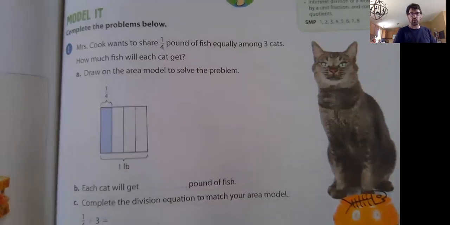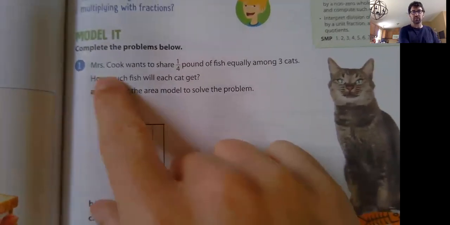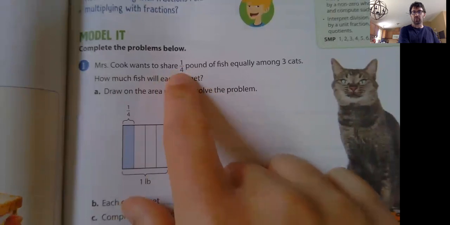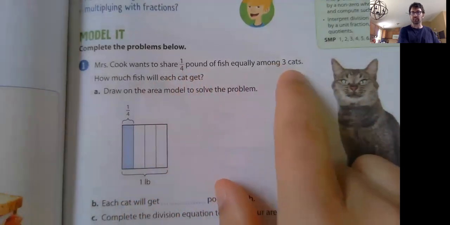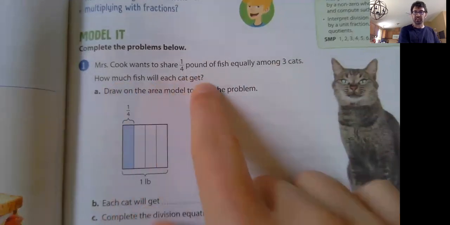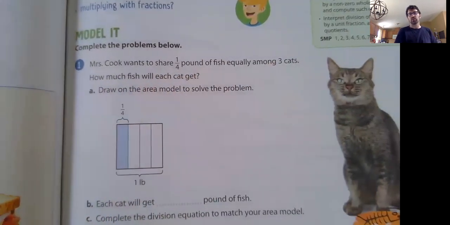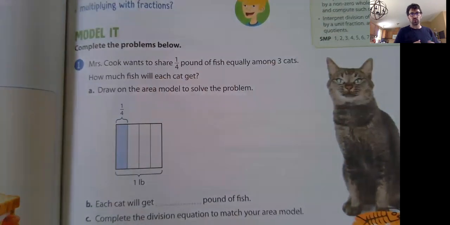let's look at this here. Okay, so what we're going to be looking at here is Mrs. Cook wants to share 1/4 of a pound of fish equally amongst her 3 cats. How much fish does each cat get? Okay, so again, there's 3 cats. We're going to divide it equally amongst the 3 cats. We have 1/4 of a pound. So